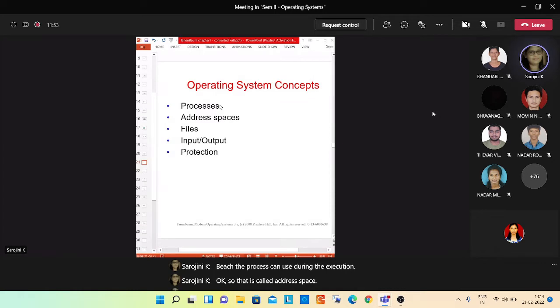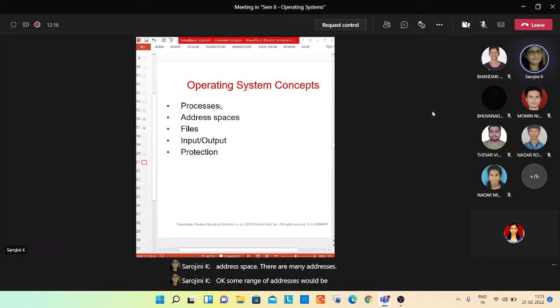Now this address space for every process could be from 0 to some maximum number. In an address space, there are many addresses, some range of addresses.